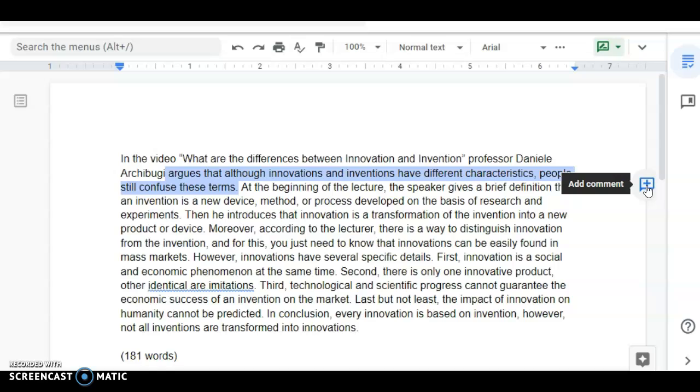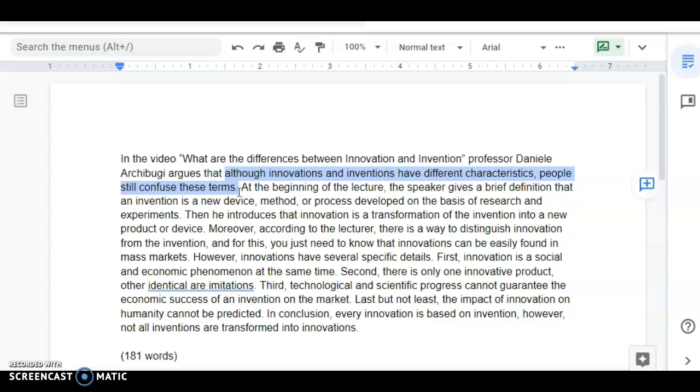So the lecture is basically you're showing pictures and saying, okay, this is an innovation, this is an invention. The difference between the two is one has to do with the creation of an idea or a product. The other one has to do with marketing that product. The minute you market it and make it available on the market, then it becomes an innovation. And that's really the whole lecture. So I would say "argues that"